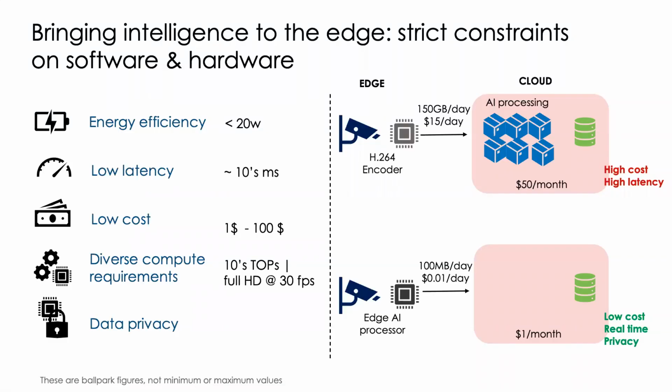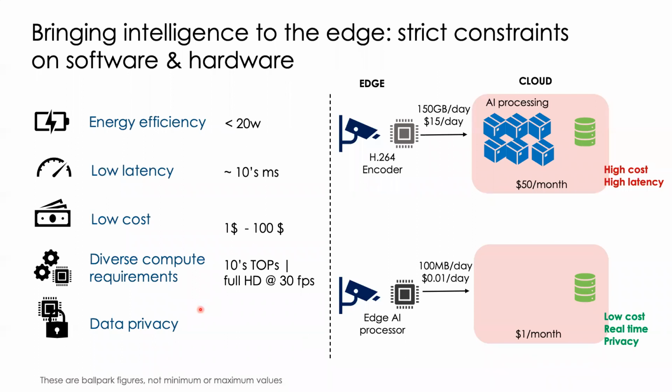Things get even more stringent. So in order to bring intelligence to these devices, there are really some strict constraints, both in terms of software and hardware, that one needs to adhere to. Some of these are really fundamental. So we discussed some benefits of edge computing, but what are these strict requirements? Now, for example, let's say you're going to run a pedestrian detection algorithm on your car. We are discussing autonomous driving. You can't just have a tiny, let's say 16-bit controller that's running your refrigerator at home. It needs quite a beefy processor to run these AI algorithms, typically with trillions of operations at high resolution.